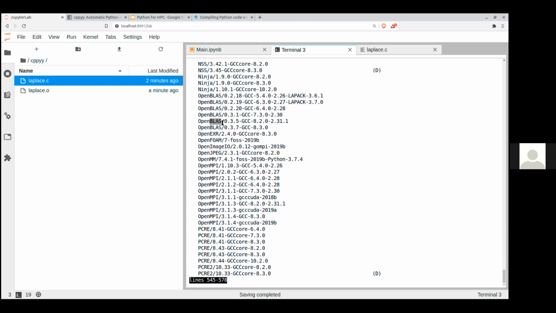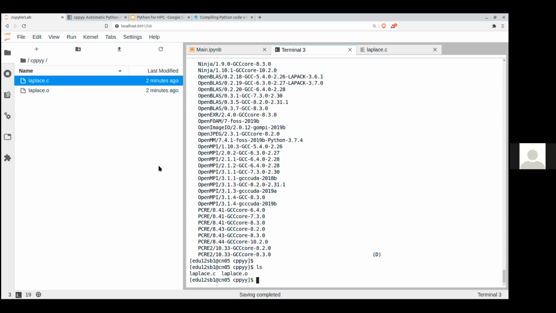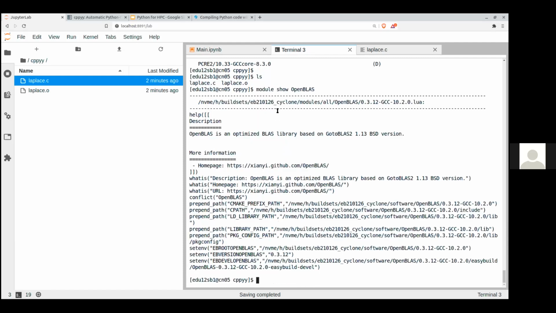OpenBLAS, this is a standard like MPI yesterday, which is a standard as well. And OpenBLAS, like OpenMPI, is an open source implementation of this standard. There are other BLAS implementations, but this is a standard. OpenBLAS is the implementation, the library. If now I do module show OpenBLAS,